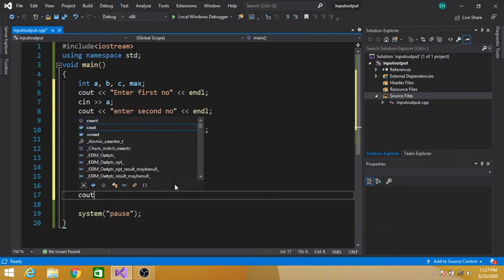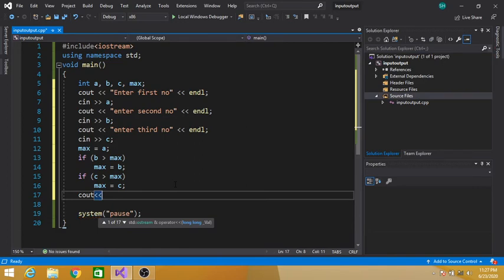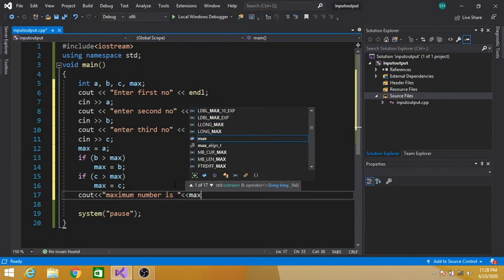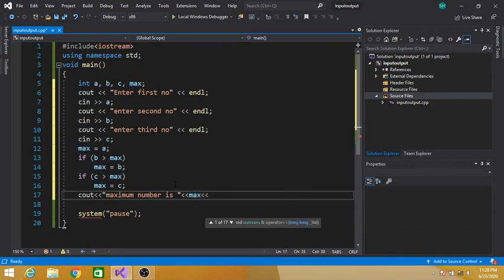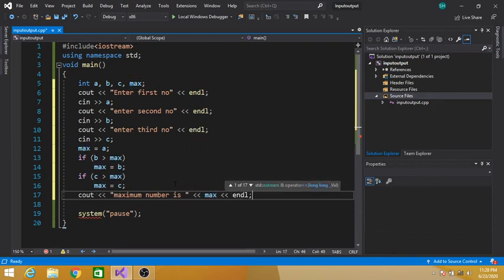Cout "Maximum number is", max variable, endl. Save this program and execute it.